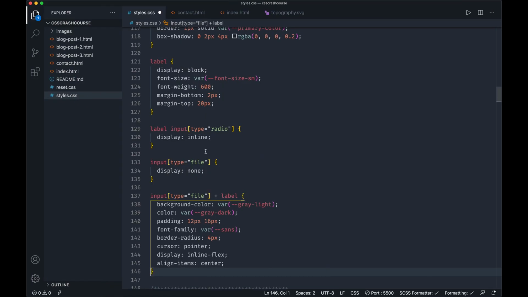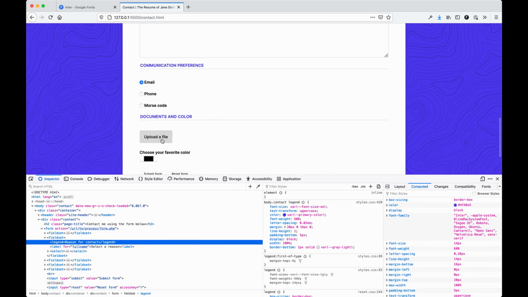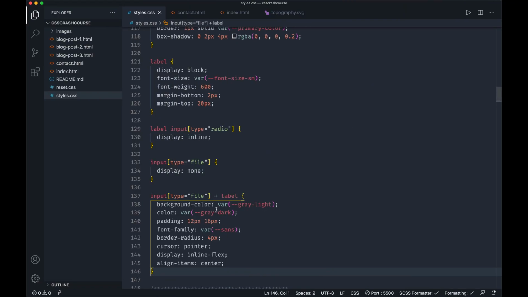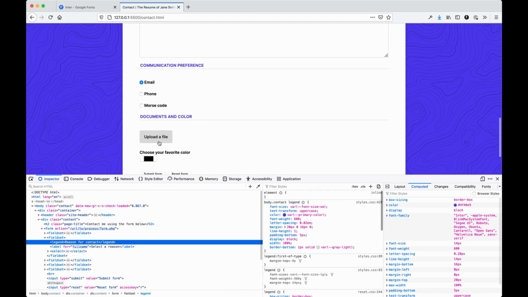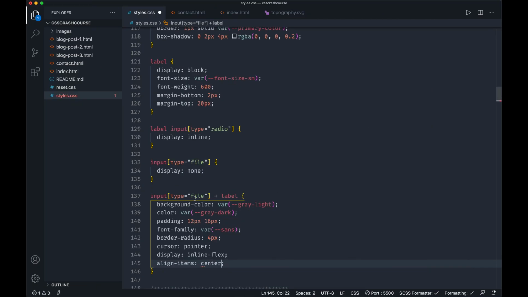And let's save this down. I'll show you the progress. So this is what it's looking like. Now, if we use flex start, you'll notice the text shift itself, I think, up to the top. Well, maybe not in this case, but we still need that center. If you added an icon to the button or something like that, that would make the icon shift to the center. And then we'll set a line height 1,